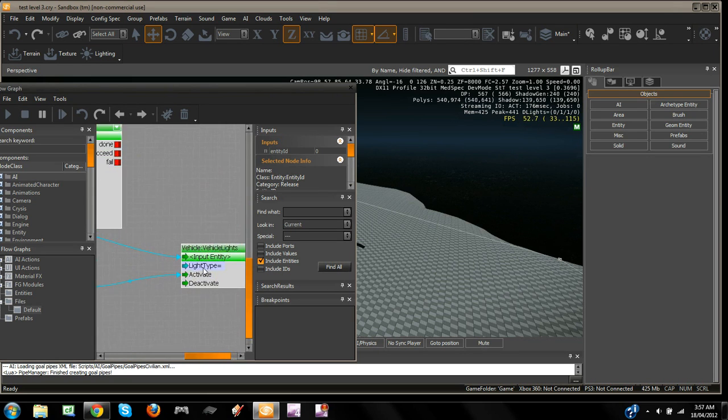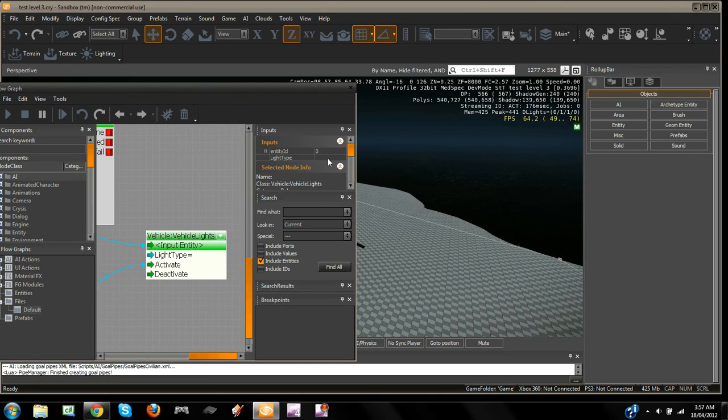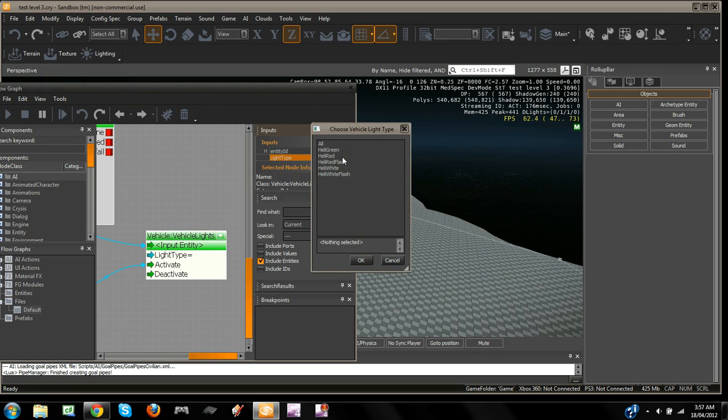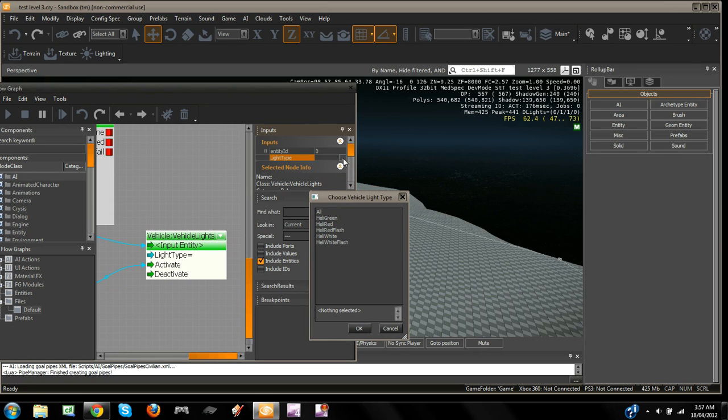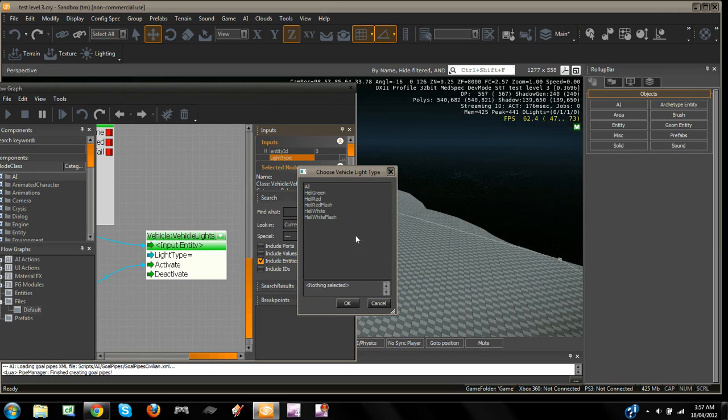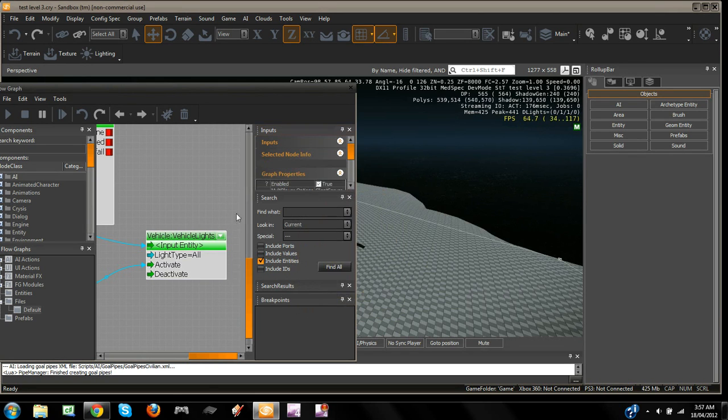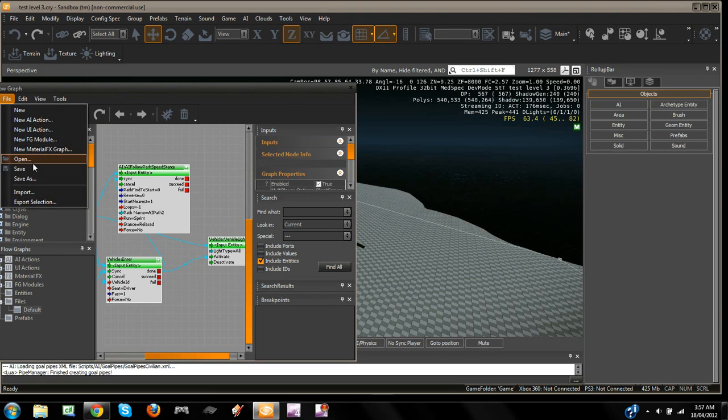So then we want to change the lights, which is up here in inputs, and select light type, put in the dots at the end, and I'm just going to press all, which means he's going to turn on all of his lights. Press file save,